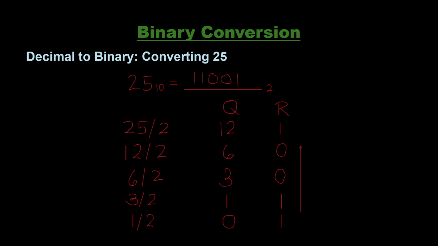Alright, let's get into converting decimal numbers to binary. We'll start with the number 25. We're going to use the division by 2 method. So we divide 25 by 2, that gives us 12, with a remainder of 1. Write that remainder down. Next, we divide 12 by 2, that's 6, with a remainder of 0. Write that down too. We keep going like this, dividing each result by 2 until we get down to 0. Then we read the remainders from bottom to top, so 25 in decimal is 11001 in binary.